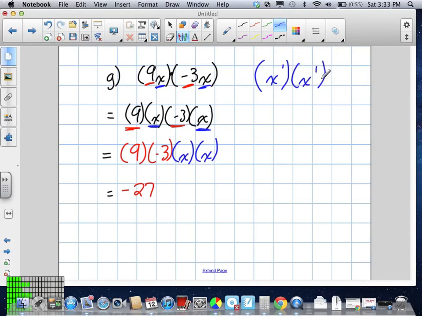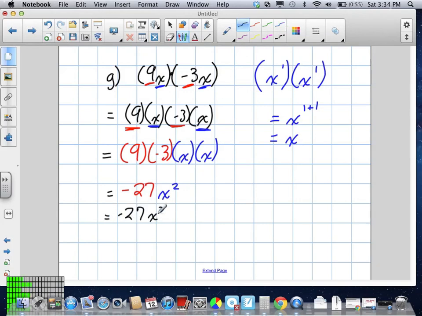But when we multiply bases or powers that are the same, we keep the base the same, which is x, and we add the exponents. So it's 1 plus 1, yeah, x squared. In other words, there are 2 x's, which we knew, right? So here's a little rule to it. So in other words, it would have been negative 27